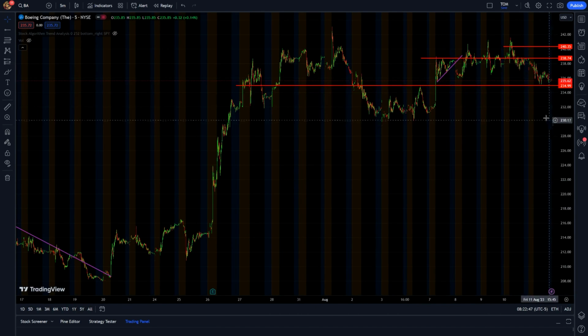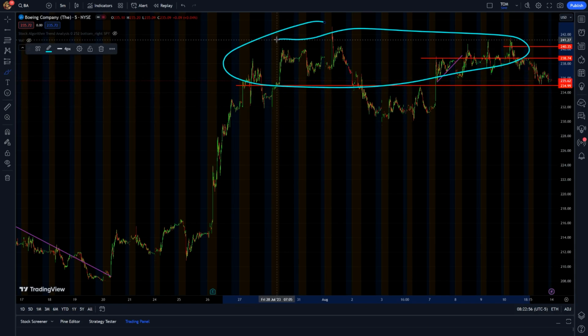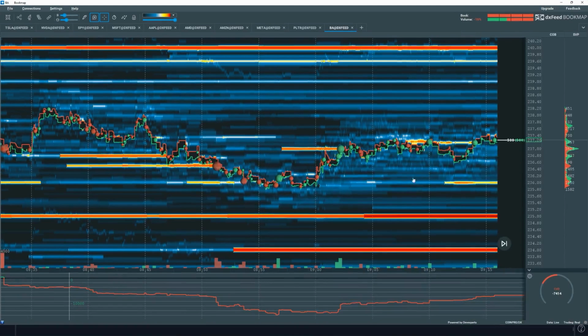So if they break under there, maybe target 230 to the downside. And then if we break 230, you could target even lower. But this is a pretty big double top going on, and Boeing is pretty overbought here, at least in the short term. And if we go over to the Bookmap, the reason that those areas are so specific for me